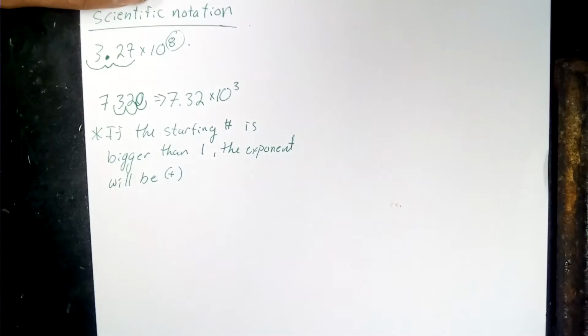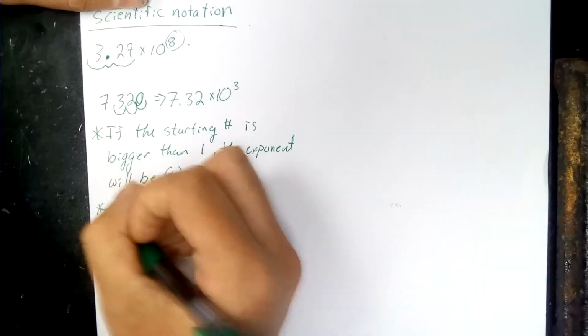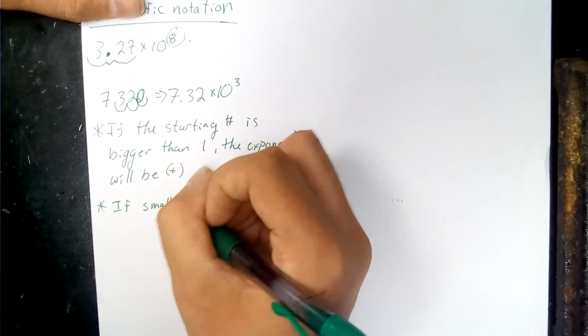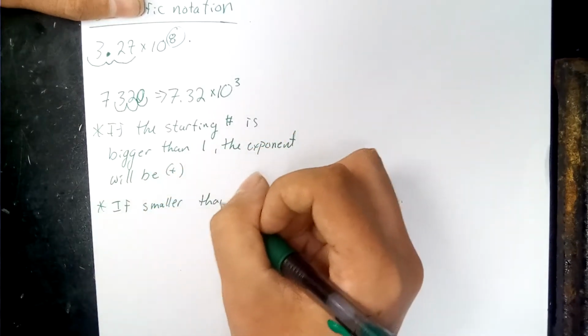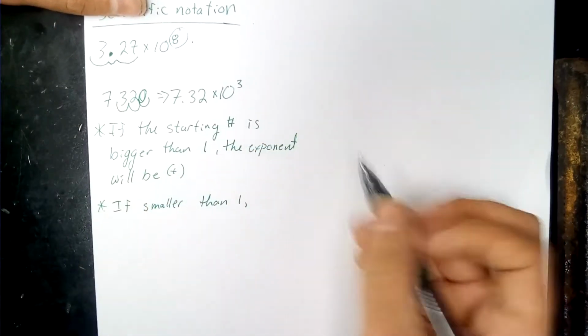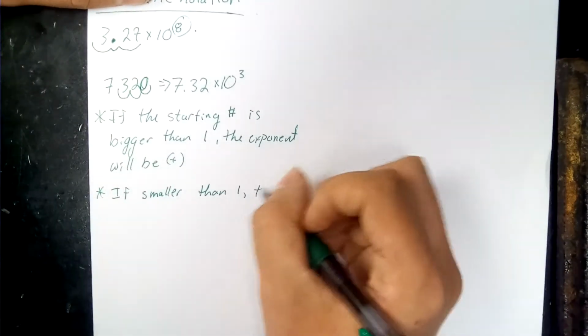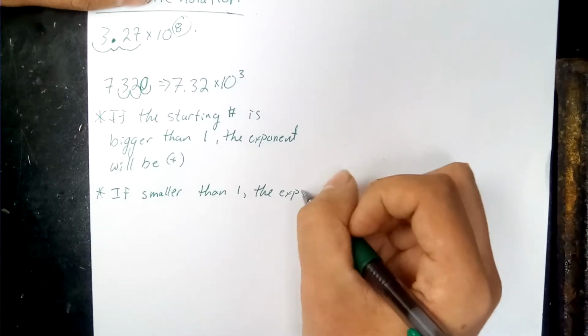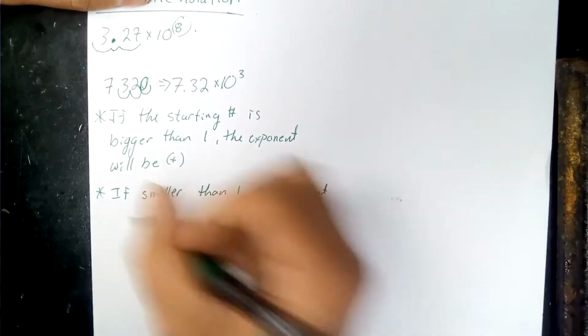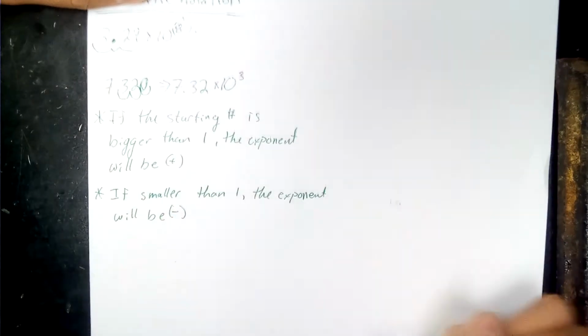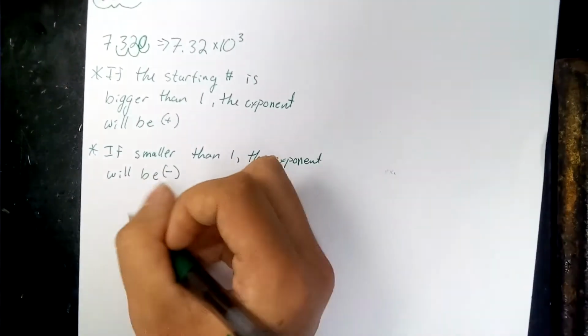Now, if the starting number is smaller than 1, the exponent will be negative then. So an example of this is if we have the number,